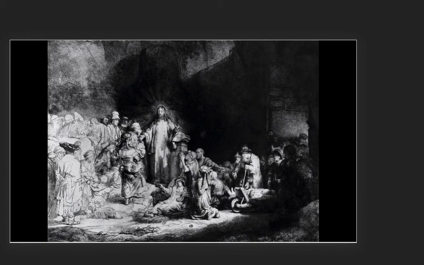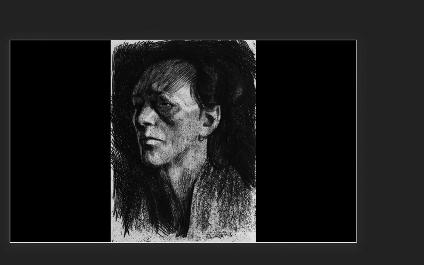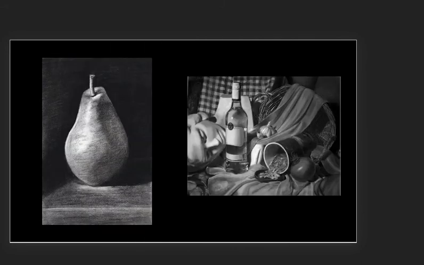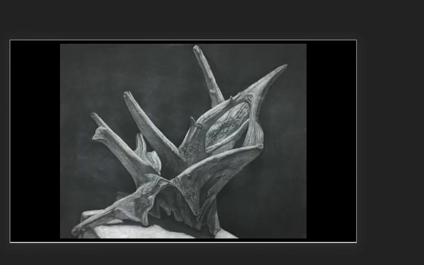By observing this rule, this extreme in light and dark, we can accomplish great things. We can create a kind of mood that engages the viewer in a much more emotive experience. So here we have 2 student examples of a pear and then a still life. And then a still life of some antlers, I believe, or I don't know, maybe wood that's been washed up.